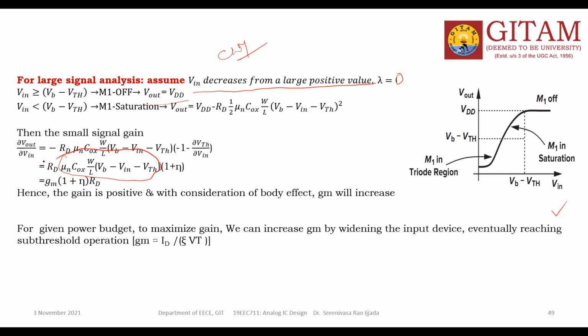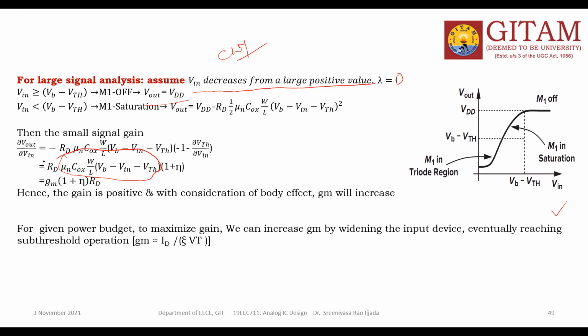Clear? So here particularly the device width, because L, as I told you, is fixed for a technology. You don't have to change it. But W is not fixed, so you can either increase or decrease it based on your requirement. If you want to calculate the GM value, W by L is one of the factors, the main factor.